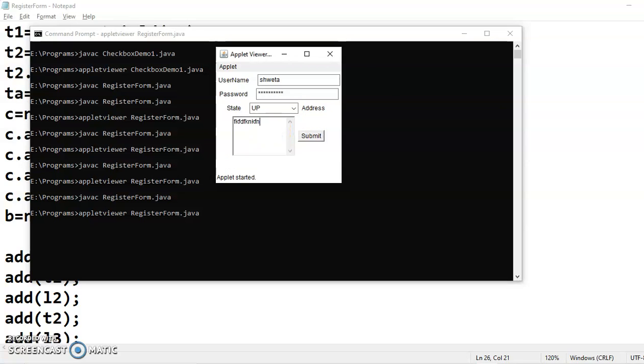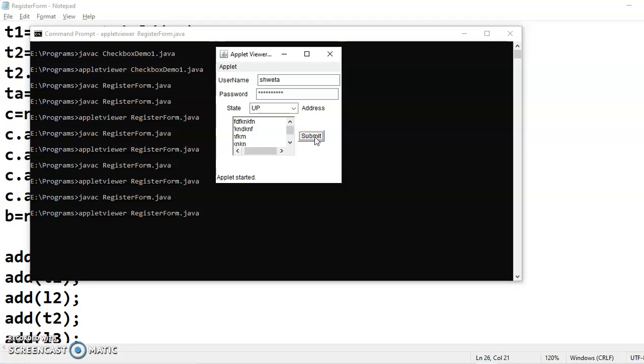This is what a text area is. I can write. Yes, the scroll bars are automatically coming. When I enter more data, the horizontal scroll bar will also come. So, and there is a button, submit button, which we can click and submit the info. But till now we haven't written any code where this data will go, so nothing is happening.